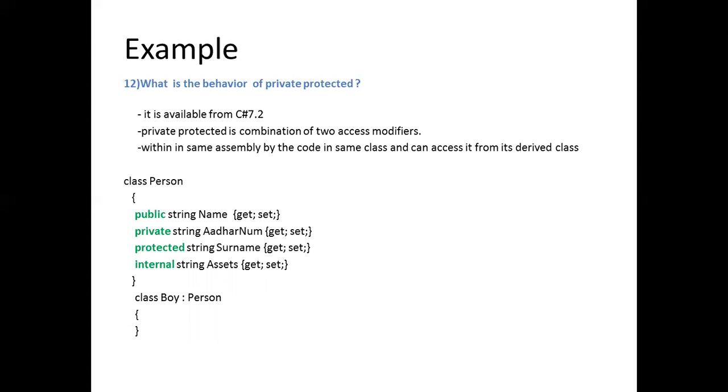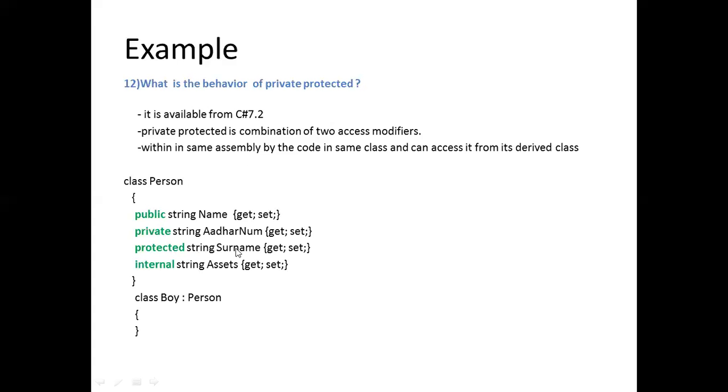If you combine these behaviors, another two behaviors we will get. For example, take this class Boy, which is derived from Person. In this Boy class you can use name. Why? Because name is public. But you should not use Aadhaar number. Why? Because Boy contains the name, but Aadhaar number may differ from person to person, boy to boy. So we declare this as private. This is strictly private. Why? Because you don't want to use this Aadhaar number in other classes. Protected, you can use this. Why? Because